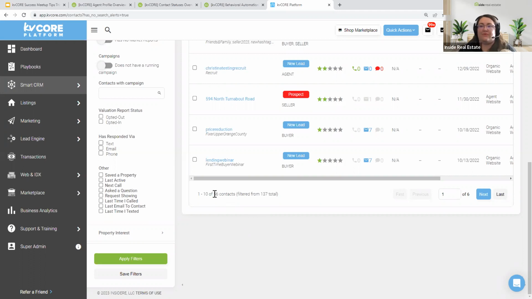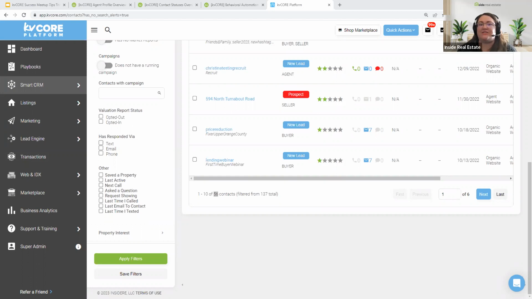Okay, so that's one way to work on maximizing my daily call creation, my hot lead list. This is my hot lead list. I want this maximized. I want to get more people on search alerts. So that's one way to maximize, is to set everyone on a search alert. We have all kinds of success meetups about adding people to search alerts. So I won't go too heavy into that unless someone asks me, but number one is making sure you have as many people as possible on search alerts.